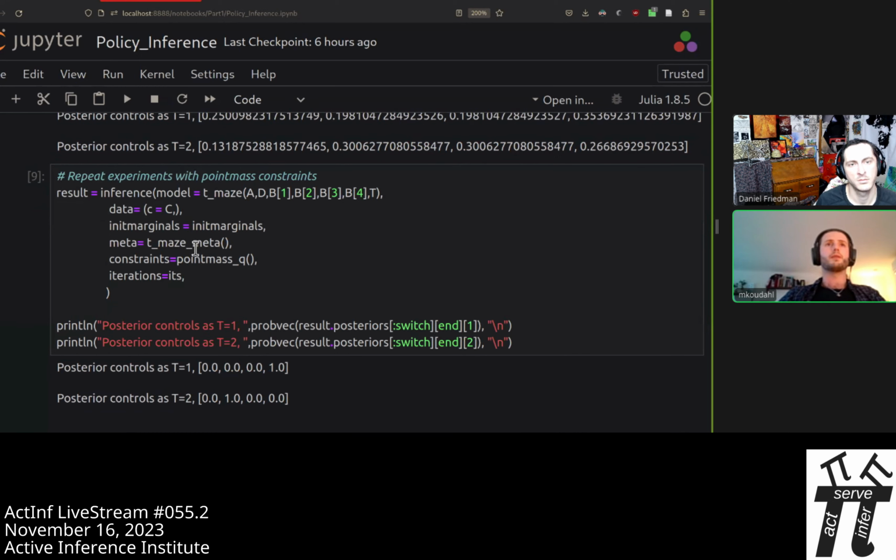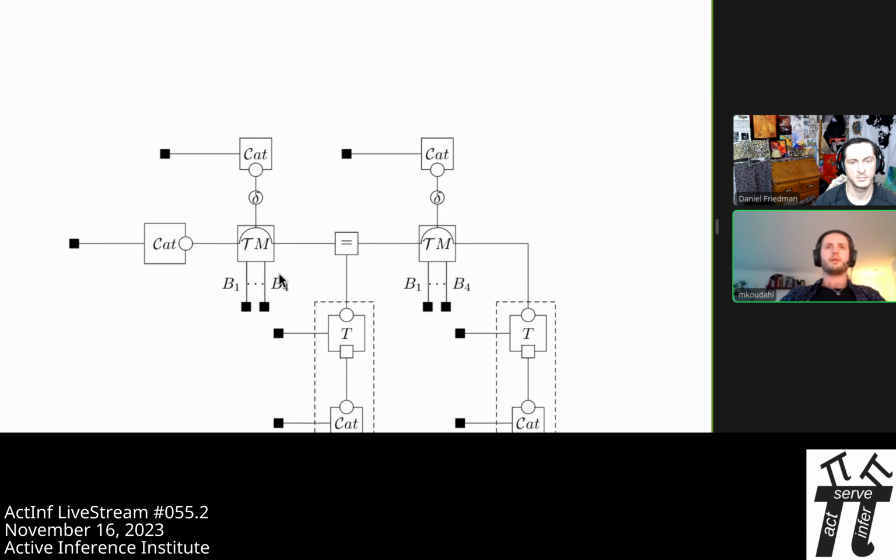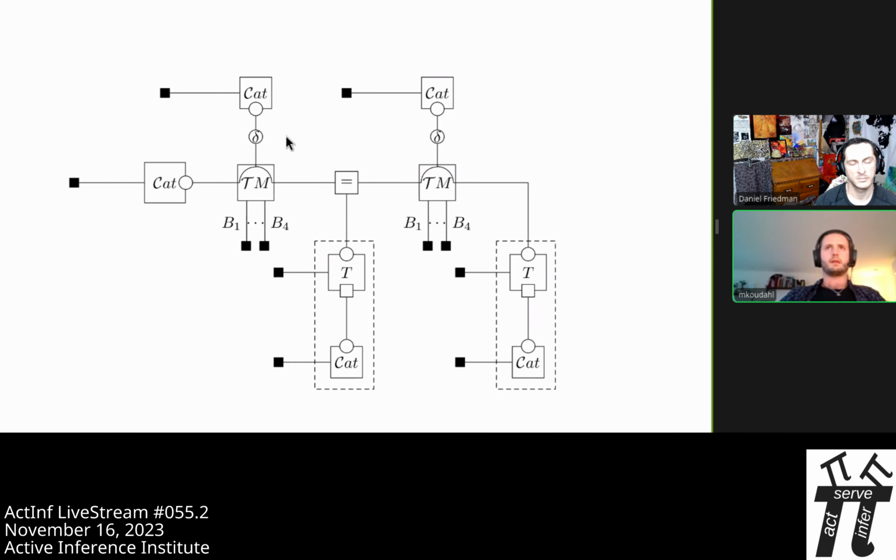So what we do in the last experiment is add these point mass constraints to the switch variables. What does this mean? On a graph, it looks like this. This is the exact same graph, but now we add these little delta form constraints in the beads. This means that when we compute our posterior here, it has to be a delta. So we need to pick one of the options. We can't say I'm indifferent between going right or left. You have to pick one, because you have to be a delta spike.